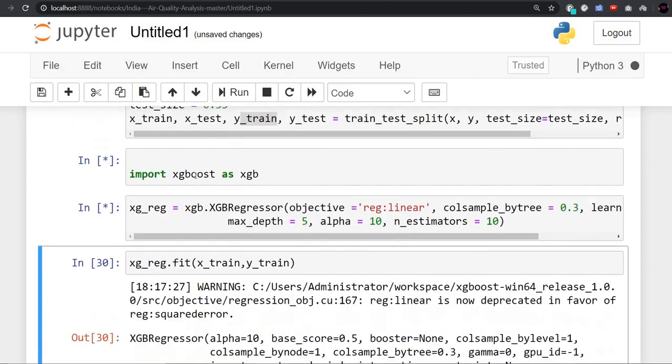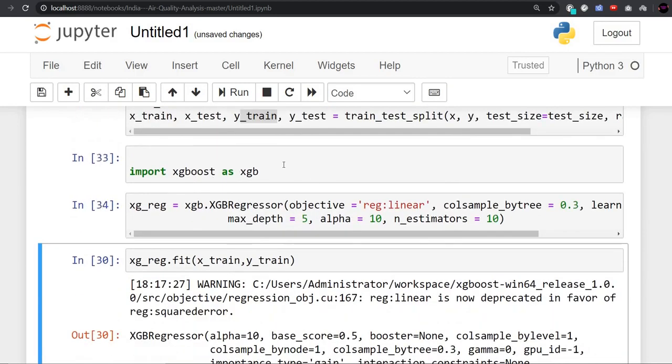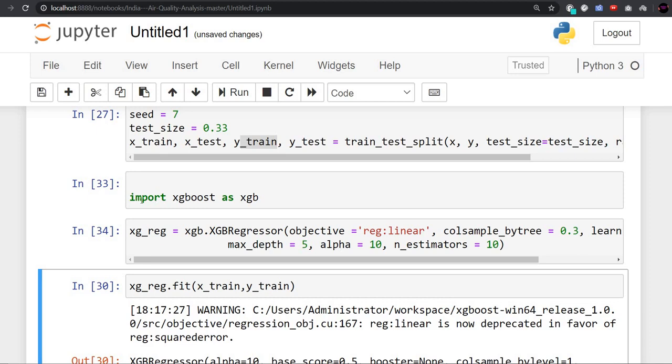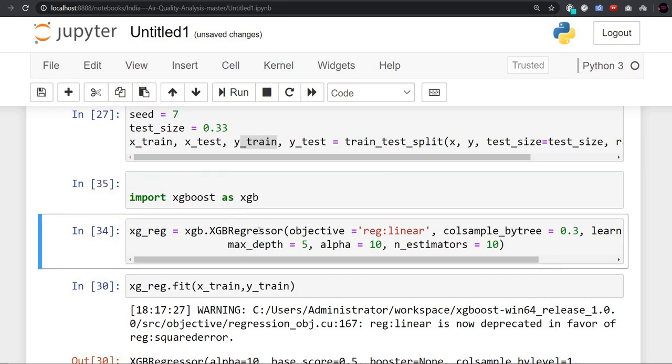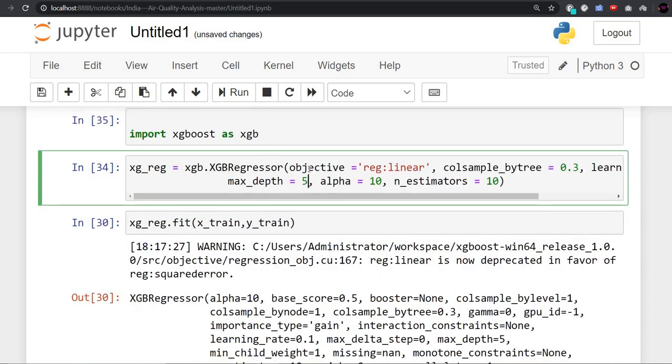So yes, this is good. We have imported XGBoost as xgb. There was no need to use this command, as we are doing a regression problem. So we will just import XGBoost as xgb, and then we will use regression. If we want 0 and 1, then we will use the classifier. But here we want the actual numerical value, so for that reason we are using regression, and we are giving the parameter.